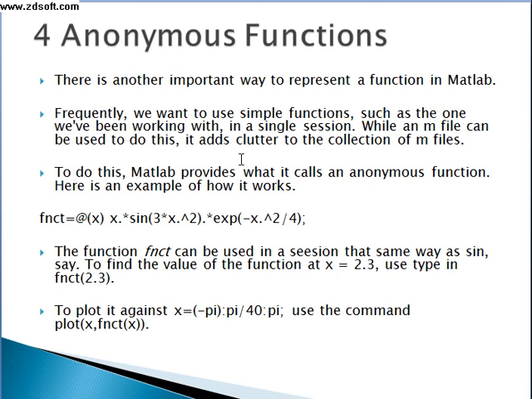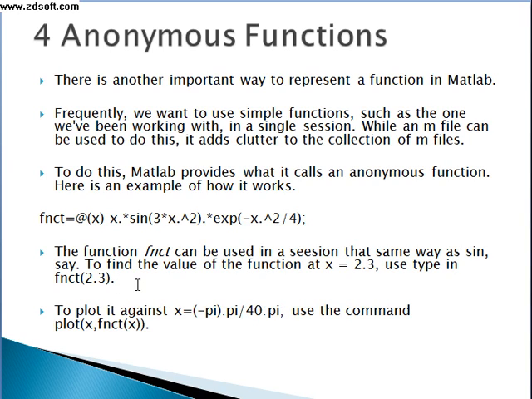Here the code I use is fnct, a variable name I wish, equal to, and I am assigning the function to it. The function fnct can be used in a session the same way as sin or cos, etc. Now to find the value of the function at x equal to 2.3, type in fnct of 2.3.